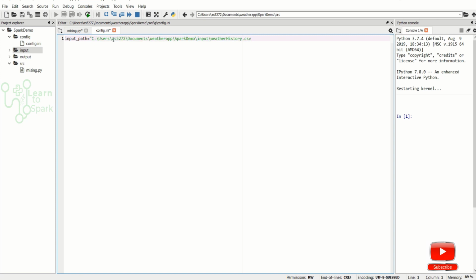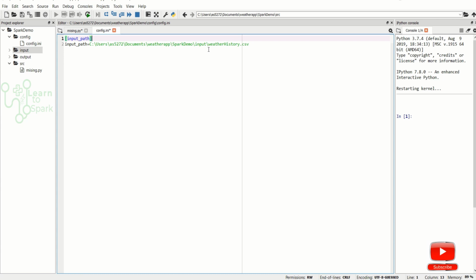We don't need quotes here, so I am removing the quotes. Now I have defined the full path. In our config file, we can define it with the partitions as well, like I am doing here.